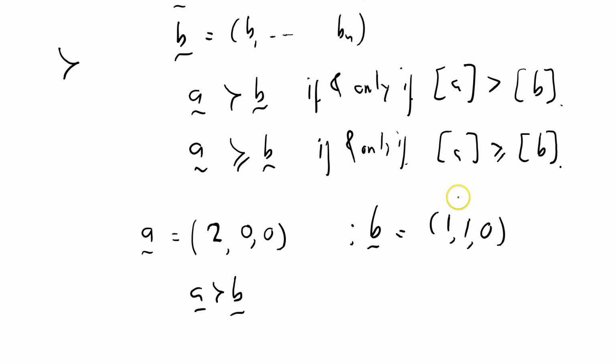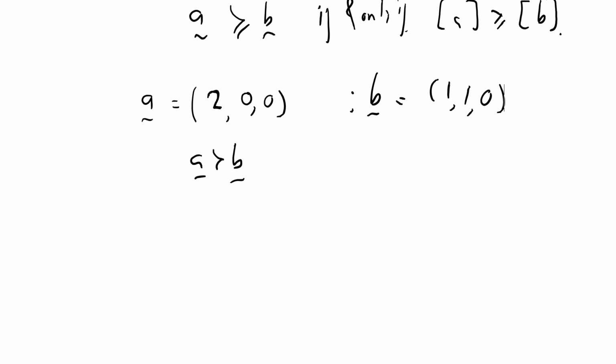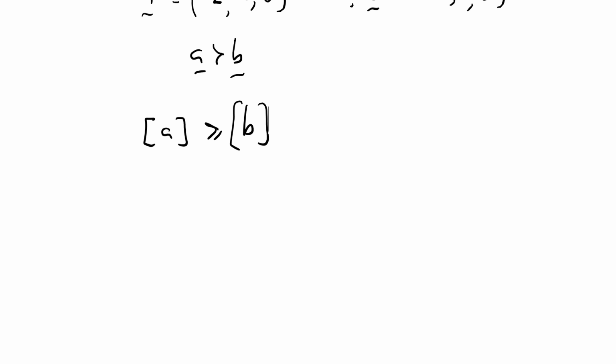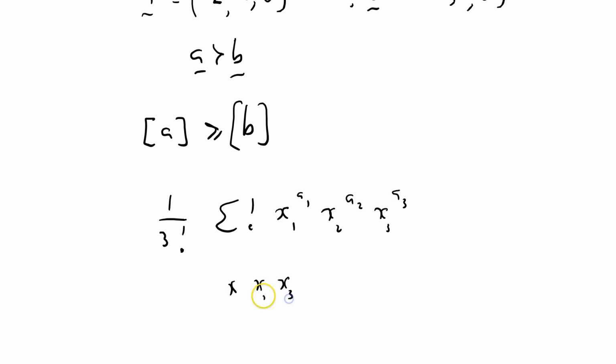Okay, so there it is. So what does Muirhead's inequality say? Well, it says that the mean of A is greater than or equal to that of B. Actually, it says it's greater than, because we know that A strictly majorizes B, but it doesn't matter. So what does that mean? That means that 1 over 3 factorial times the sum over all permutations of x1 to the A1, x2 to the A2, x3 to the A3. Just to tell you where all these symbols are coming from: x1, x2, x3, they're just arbitrary positive numbers,